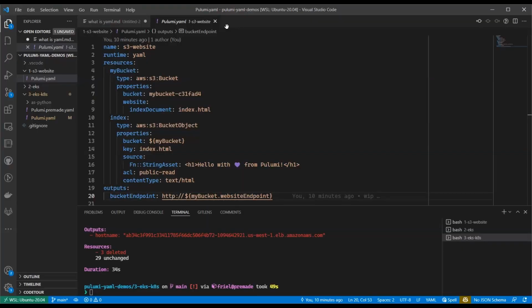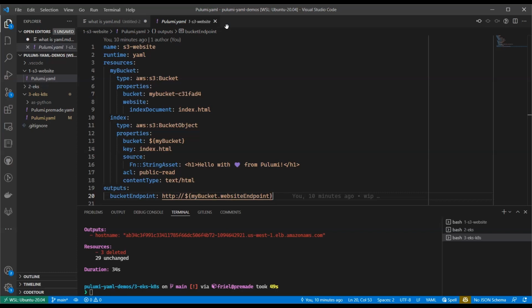Yeah, thank you, Kat, for introducing me. I'm here to walk through a few quick demos of the new Pulumi YAML language support. We're going to walk through demoing standing up an S3 static website. You can probably already see that on the screen. We're going to stand up an EKS cluster. We're going to deploy some things to it, and then we're going to do something a little more magical. We're going to convert that YAML into Python and TypeScript.